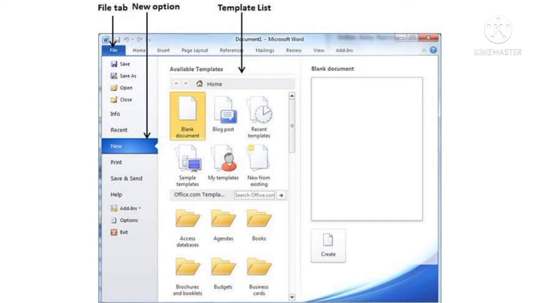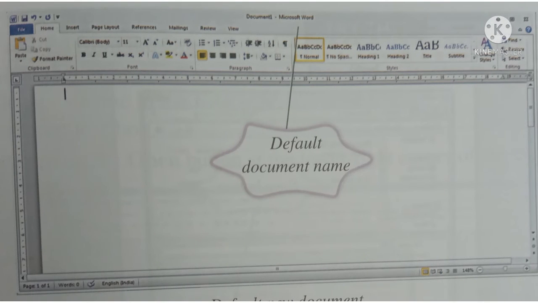A new document opens. Every new document has a default name, document 1. When you open subsequent documents, they will be named as document 2 and so on. MS Word 2010 offers many ready-made templates to choose from.